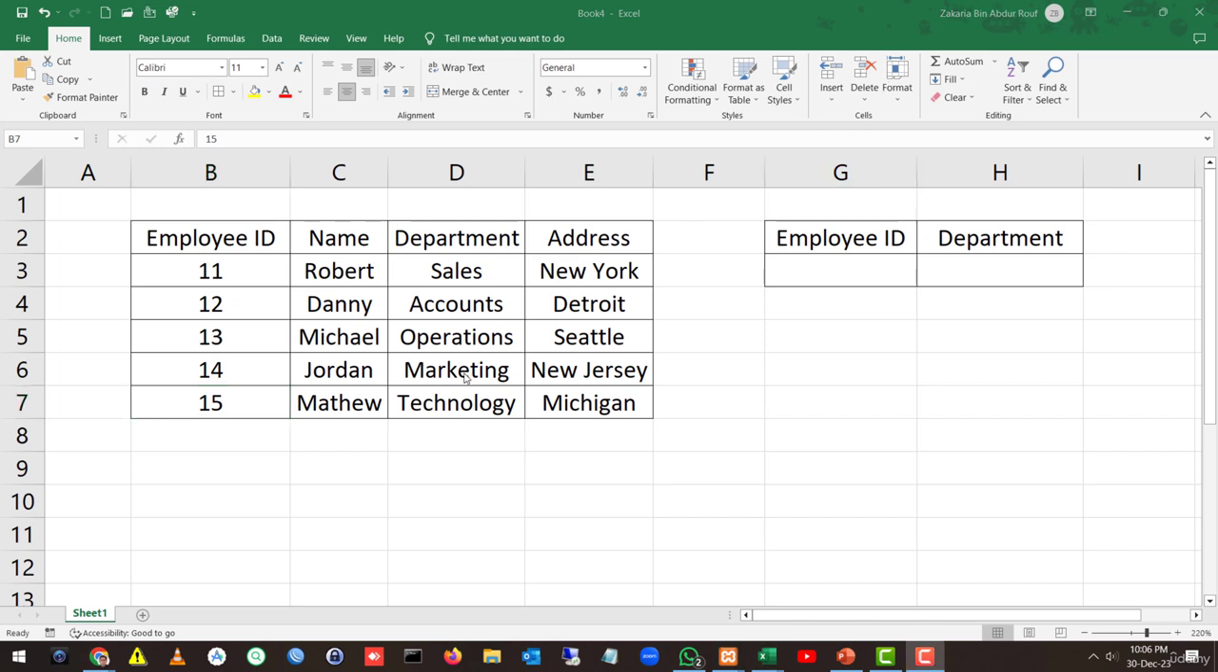So what we have to do is find the department of the employee ID. Whenever we enter an employee ID, suppose it's 12, the department will be accounts. This is where VLOOKUP actually helps us to find the corresponding value. Since we have a very small table, we can easily find that this is 12 and the department is